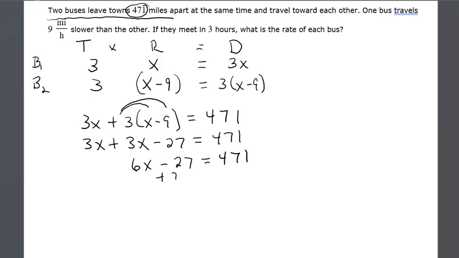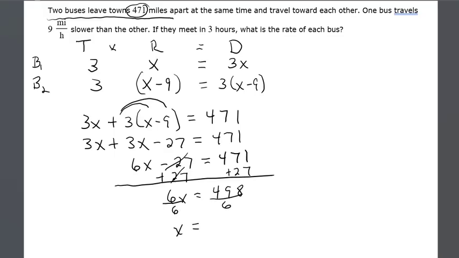Isolate your variable, so we're going to add 27 to both sides. And then we're going to divide both sides by 6. So x equals